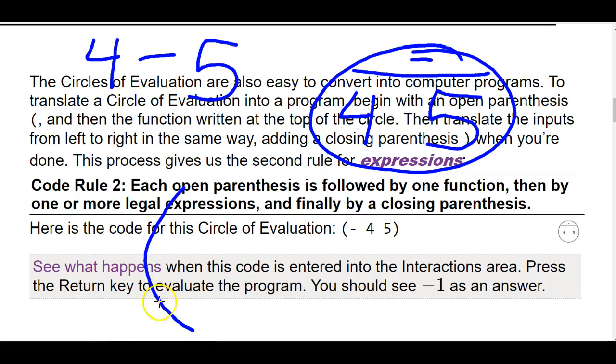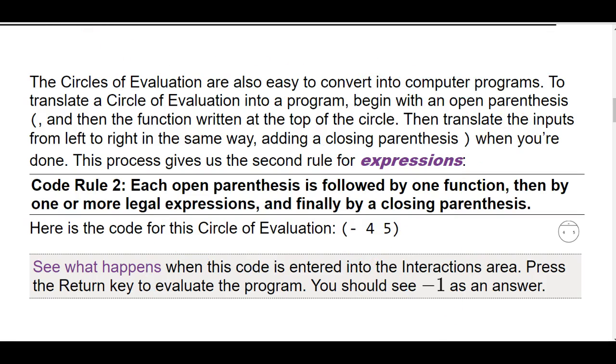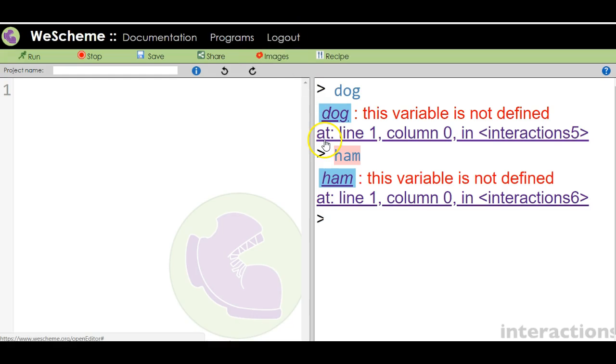Open parentheses, because the bug is entering into the circle. Then a minus sign, because it sees, right here, that it's subtraction. Then a 4, and then a 5, and then a closing parentheses like this, right? So let's see how that's going to work. If I go back to your editor and put in over here 4 minus 5,